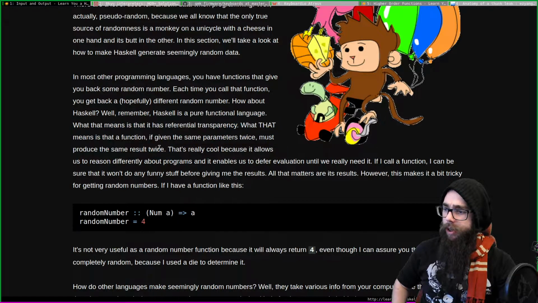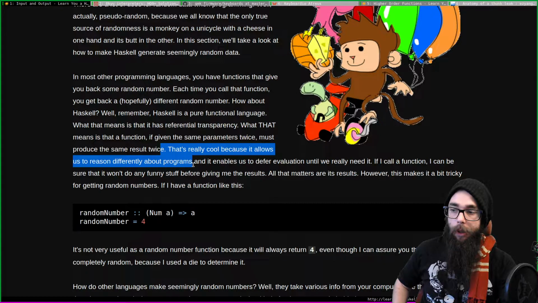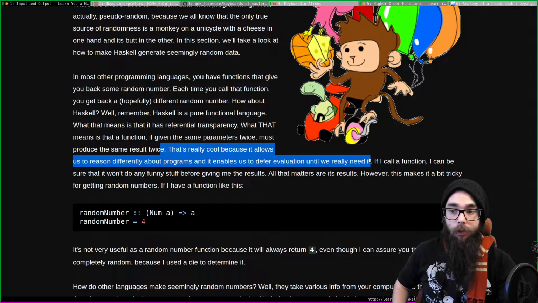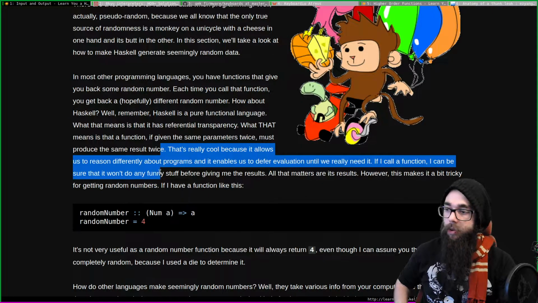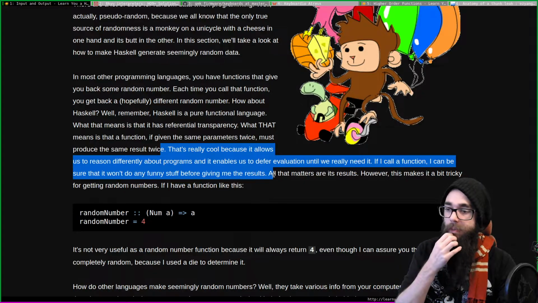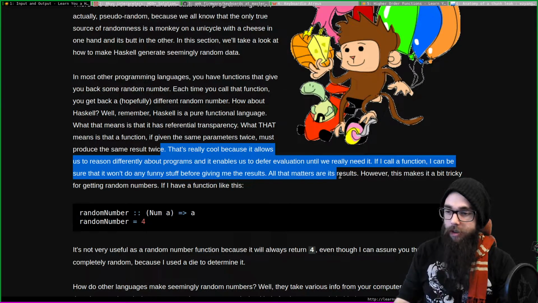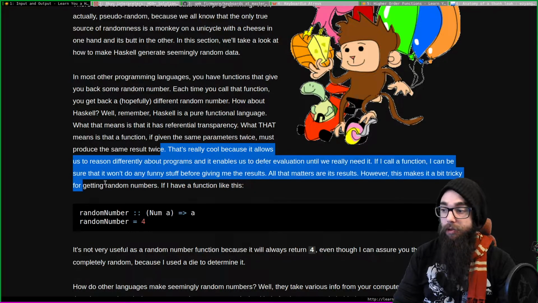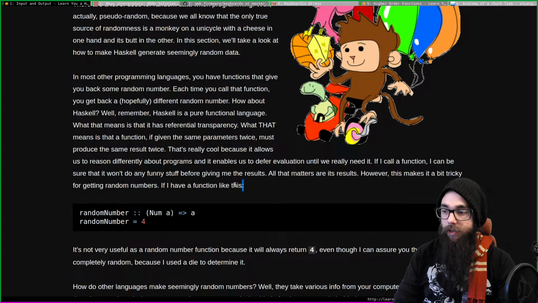Where are we? That's really cool because it allows us to reason differently about programs, and it enables us to defer evaluation until we really need it. If I call a function, I can be sure that it won't do any funny stuff before giving me the results. All that matters are its results. However, this makes it a bit tricky for getting random numbers. If I have a function like this,